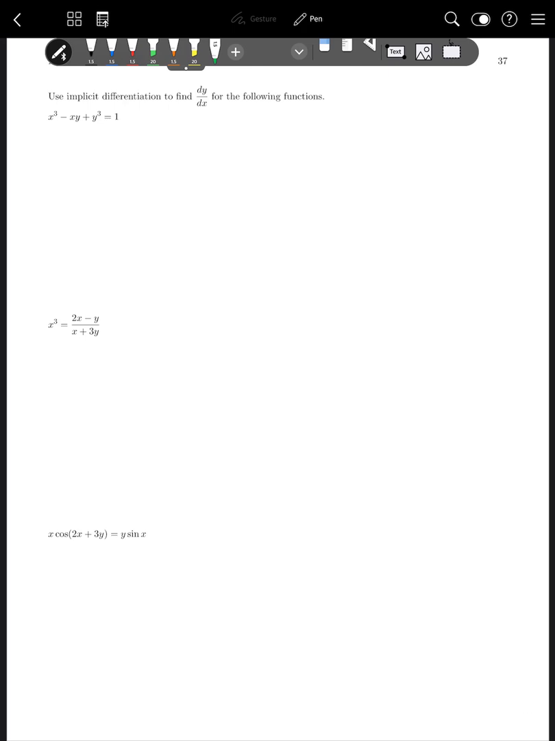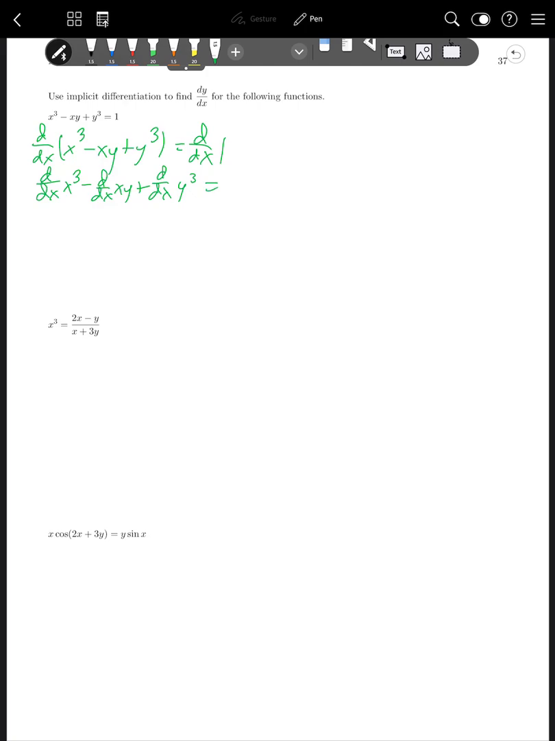Okay, so here's an example of an equation that we could solve. We could try and solve for y, but it would be pretty difficult. So what we want to do instead is use this implicit differentiation. So we take the derivative of both sides with respect to x. The first thing we do here is use the sum and difference rules. So this is d/dx of x cubed minus d/dx of xy plus d/dx of y cubed